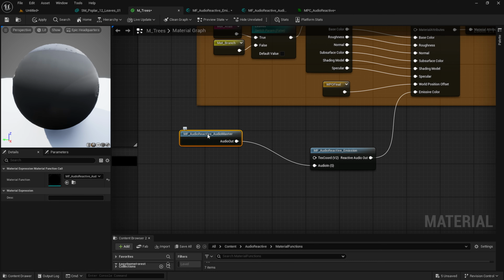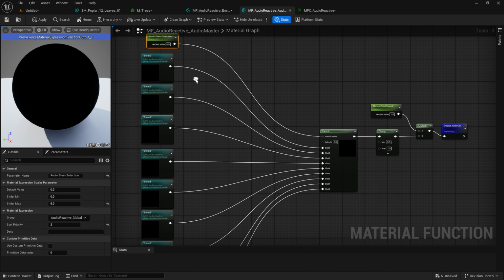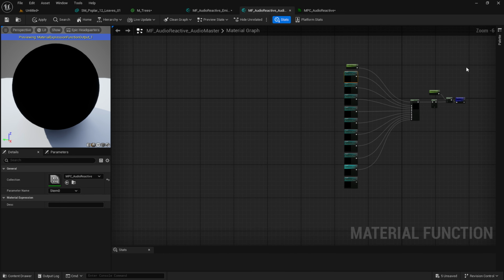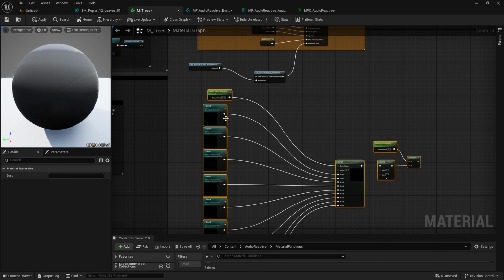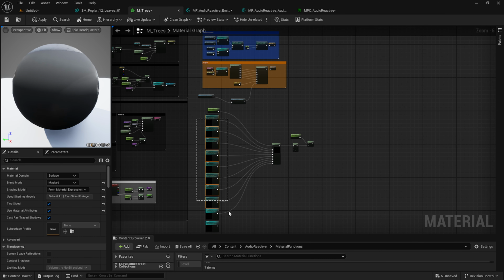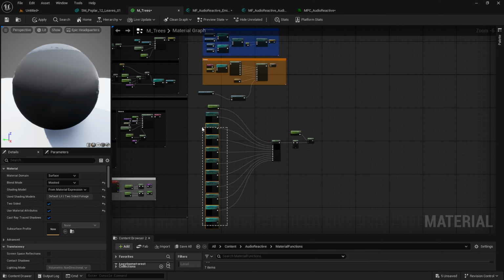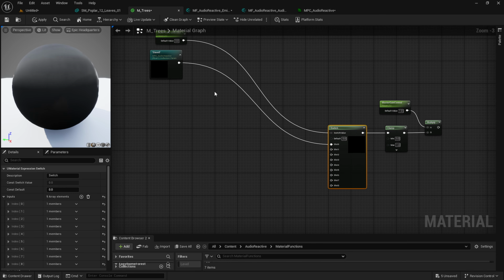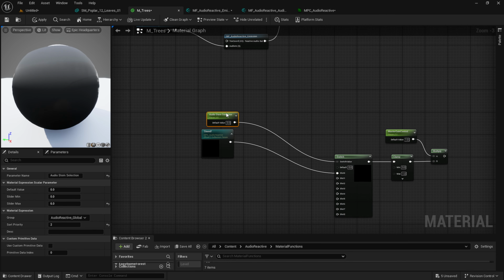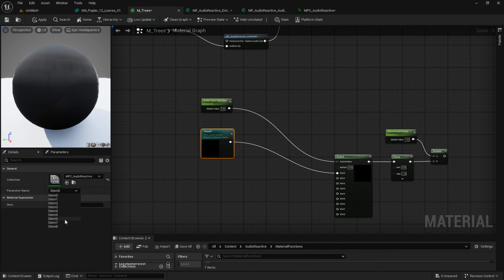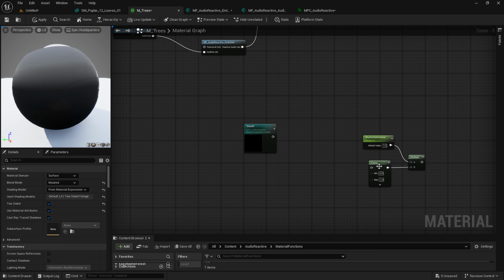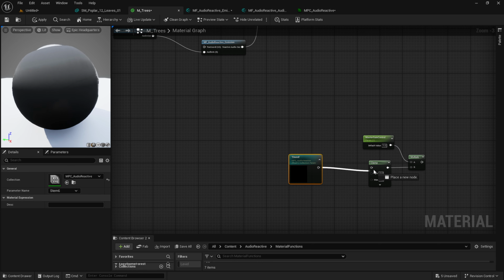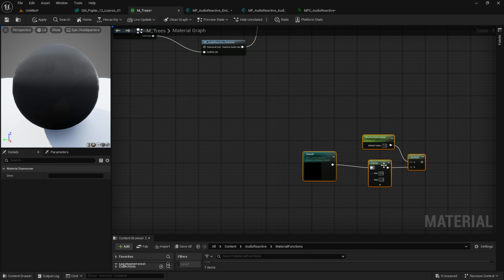Let me get back to this. So what I mean is, if I go into here and let's say I just grab all this for now, I'm just going to copy it right into my material. And let's say I want to get clean with this and just delete all but one. And I guess I don't even need a switch. I can just pick the audio stem I want from here. Say I want 6. Disconnect this, delete this and that. And just throw it right into here. So this gives me stem 6.